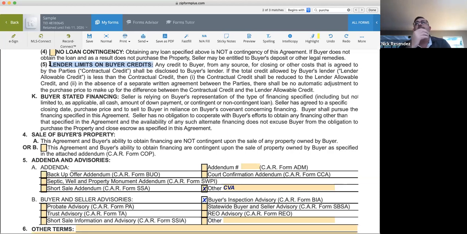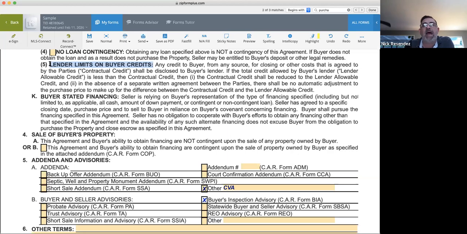So let's say you do a physical inspection, place is a disaster. Foundation issues, roof issues, plumbing, electric, all the stuff you didn't know about before. And it's $1 million for our property, and you want 60 grand in credits to fix everything. Well, if the closing costs are only $30,000, you ask for 60,